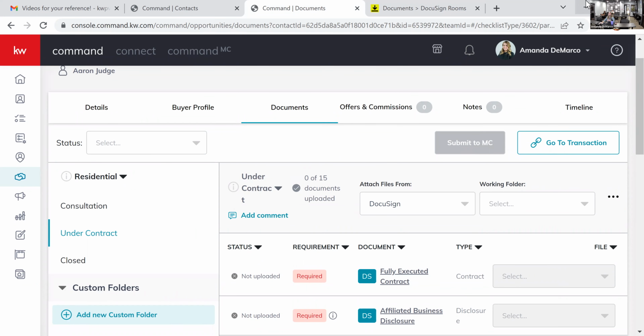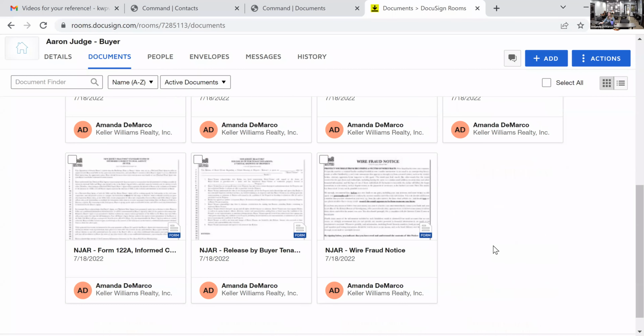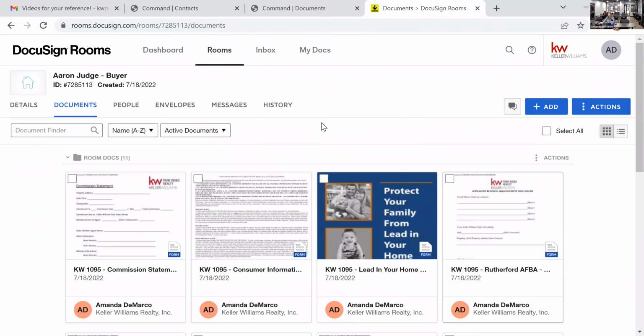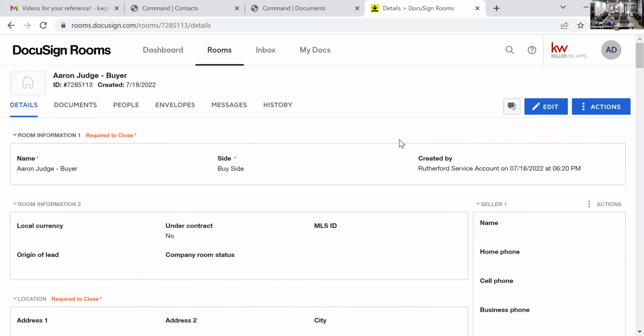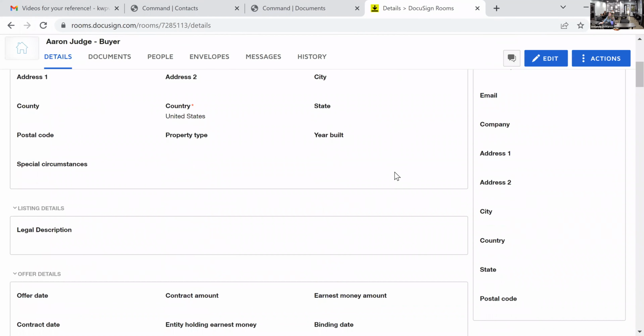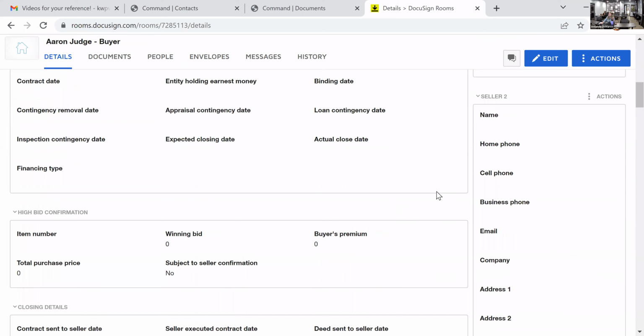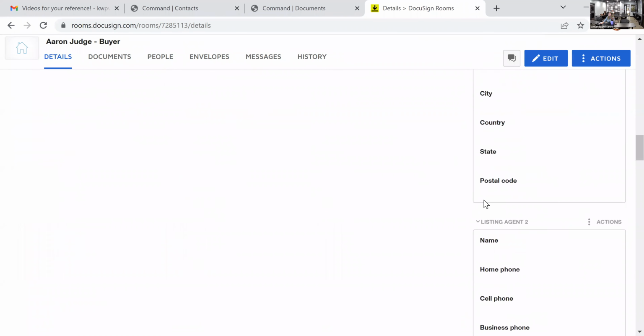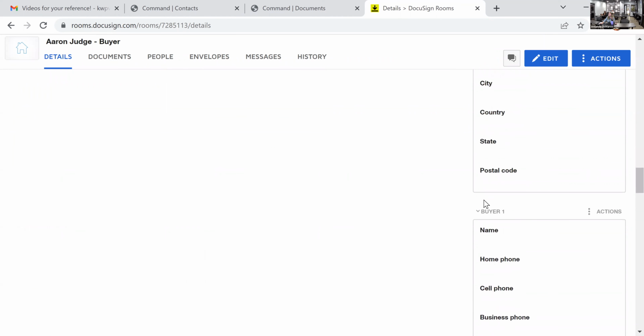All of these different elements make it possible for us to ultimately end up in DocuSign with our client's information and any other information that we have and sync it up right into DocuSign. If I come over to the details section, I can then see any information that I've previously inputted will show up here. So I didn't put too much in this one, especially because it is a buyer. But as I'm scrolling down, so we can see all the different roles,